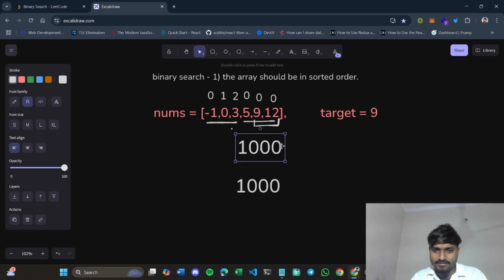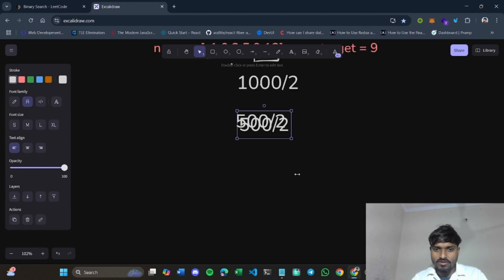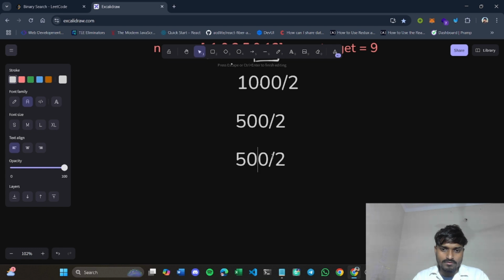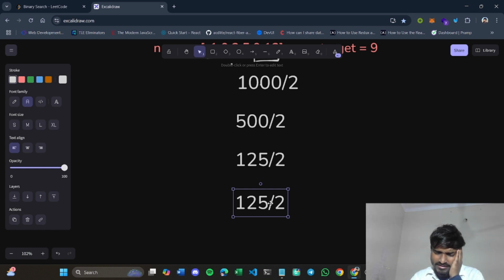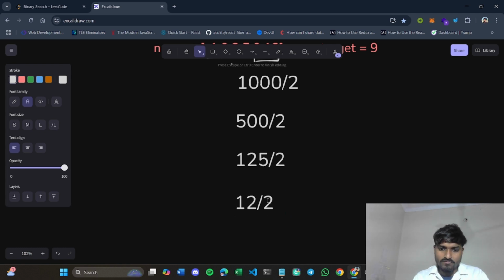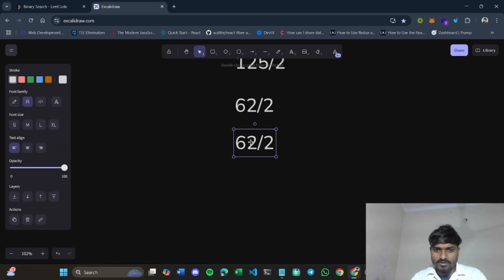Let me write it here. Divided by 2, it comes to 500. Now again you divide it by 2, and you come to 250. Dividing again gives 125, then 62, then 31, then 18, then 9, then 4.